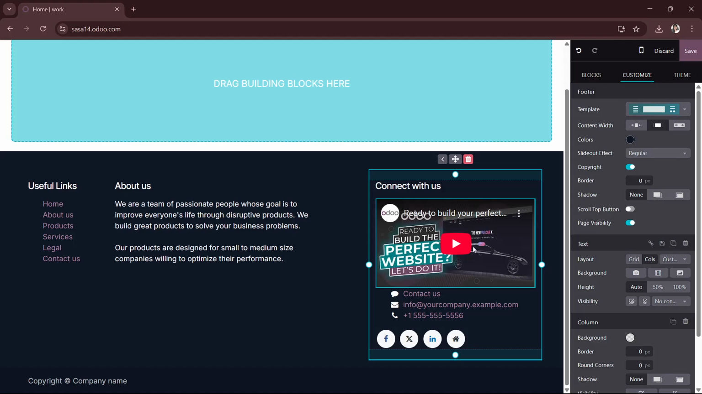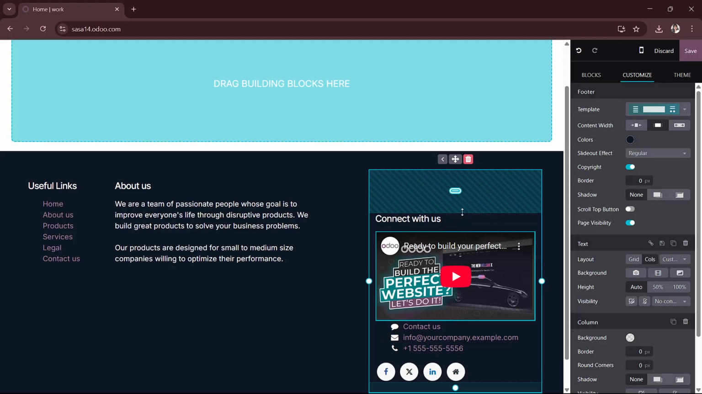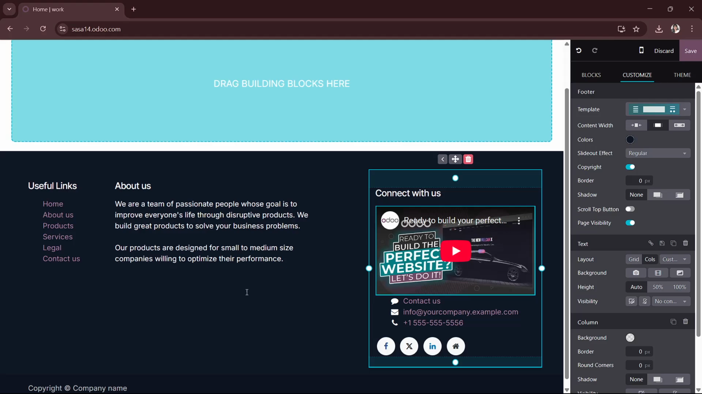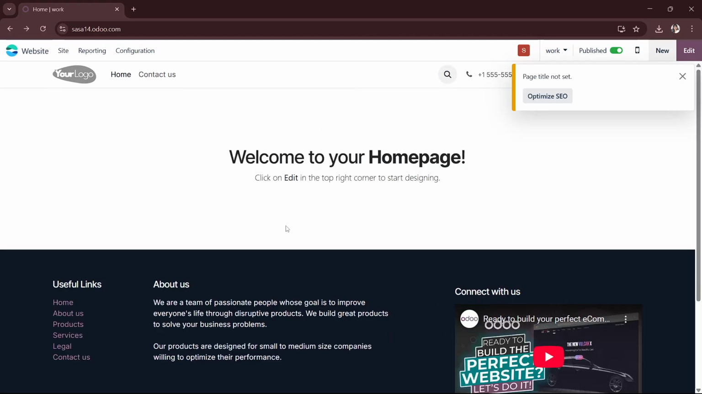After adding the video you can adjust its size and position to fit your page layout, and when everything looks good to you, just save your changes and exit the editor, and your video is now